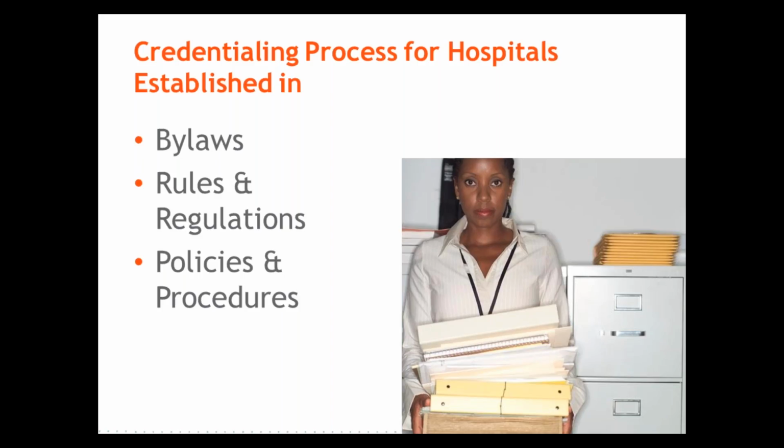Your policy and procedure might go further. You might have something that says, as part of your credentialing process, we will verify licensure by going to the state board's website and verifying that the license is current. If it shows that there's any disciplinary action, then an additional request will be made in writing to the board to ask them to provide any additional information that may be available because of the disciplinary action that was taken. So you may spell out in a lot more detail in a policy and procedure how that actual credentialing